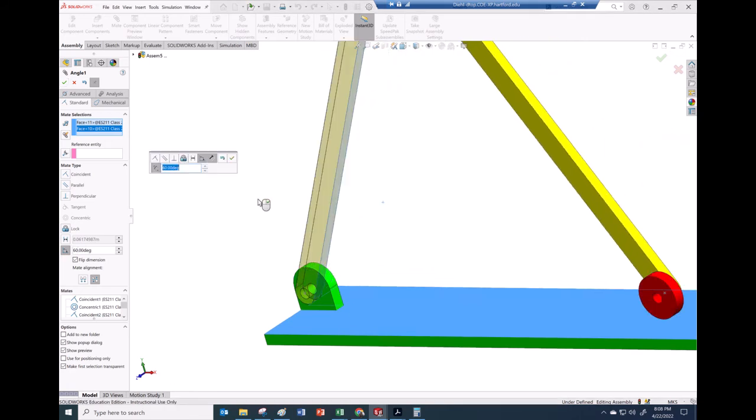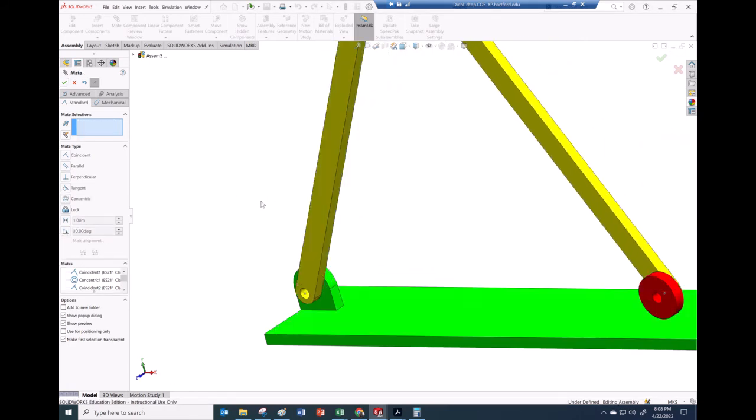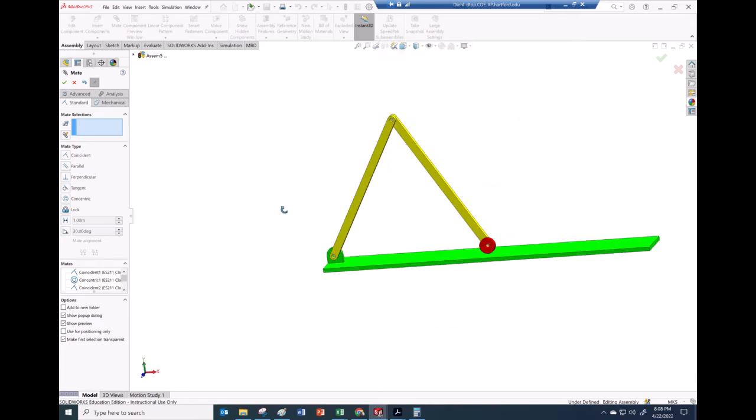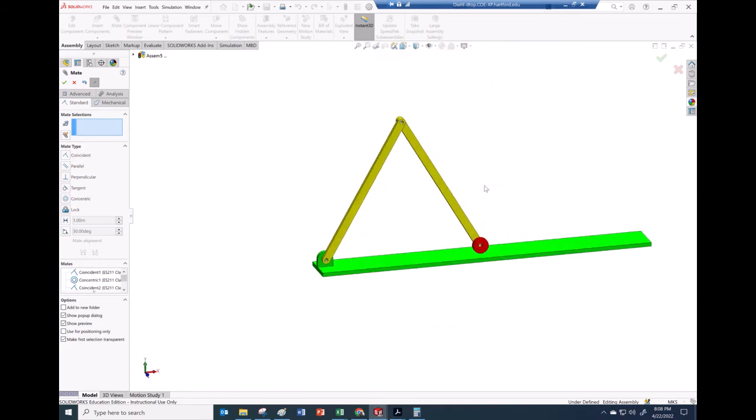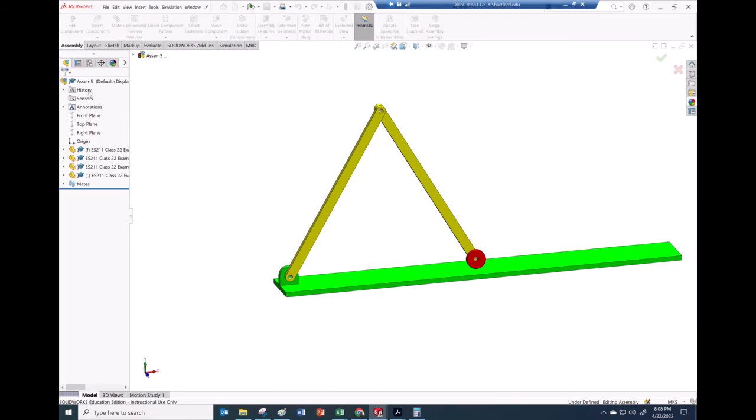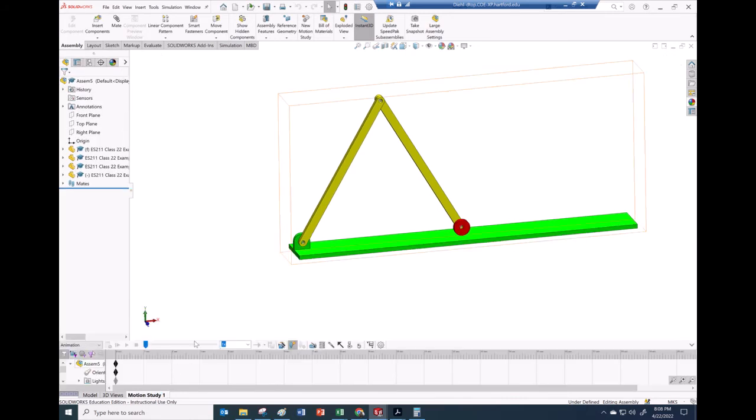Now, of course, that needs to change when we go to set it loose. All right, so we got all of the mates done now. Get rid of him, and we're ready for our kinetic analysis. So I'm going to go over to the motion study,